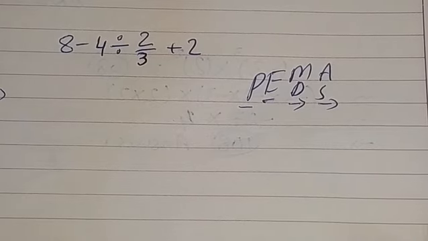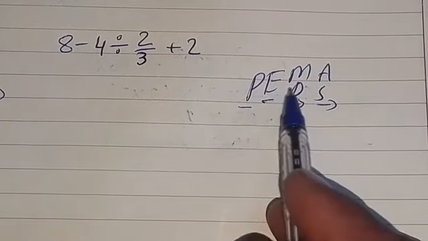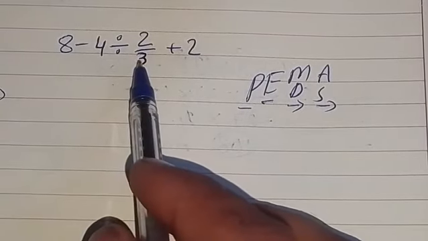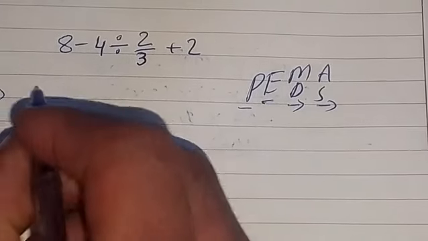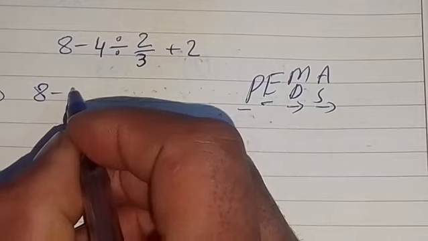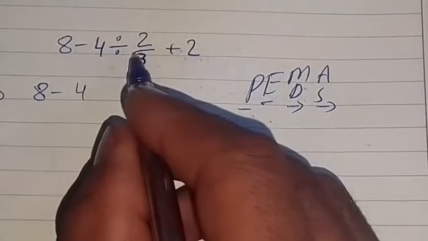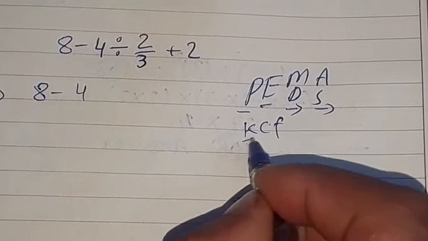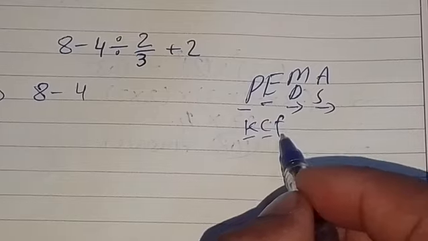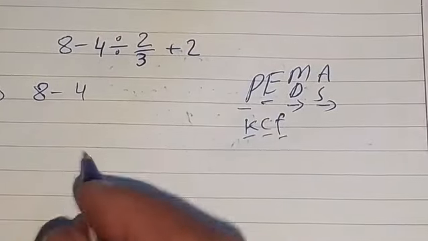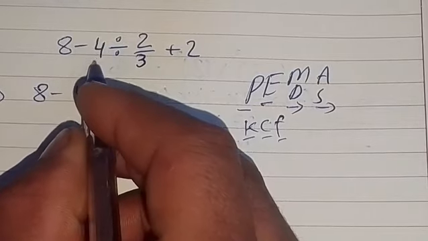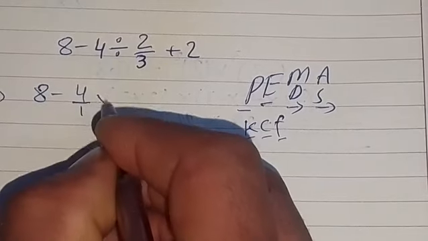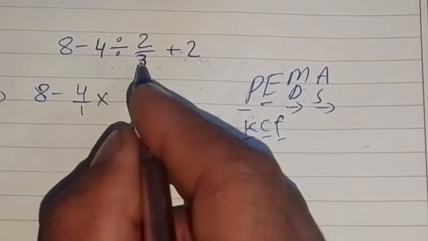Now, according to the rule, first we solve multiplication or division. Now we have division here, so first we solve division. So 8 minus 4. Now we solve it by the rules of KCF. K means keep first fraction, C means change division to multiplication, and F means flip the second fraction. Now we keep first fraction, so 4 over 1, and change division to multiplication and flip the second fraction, so